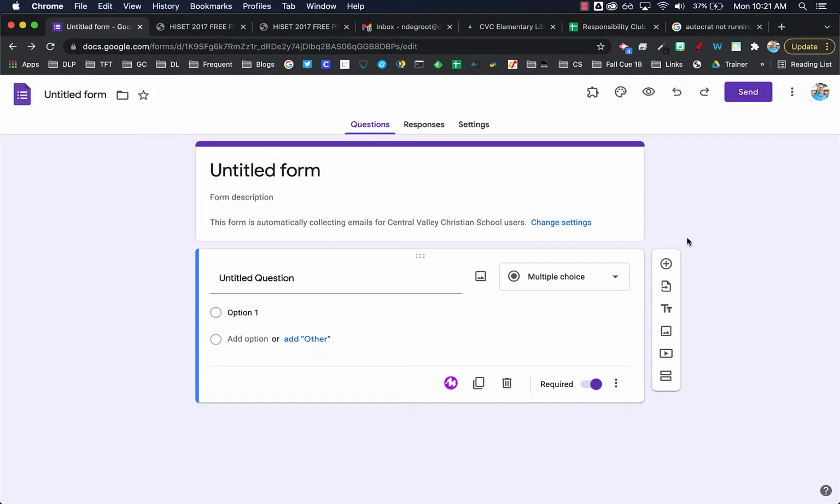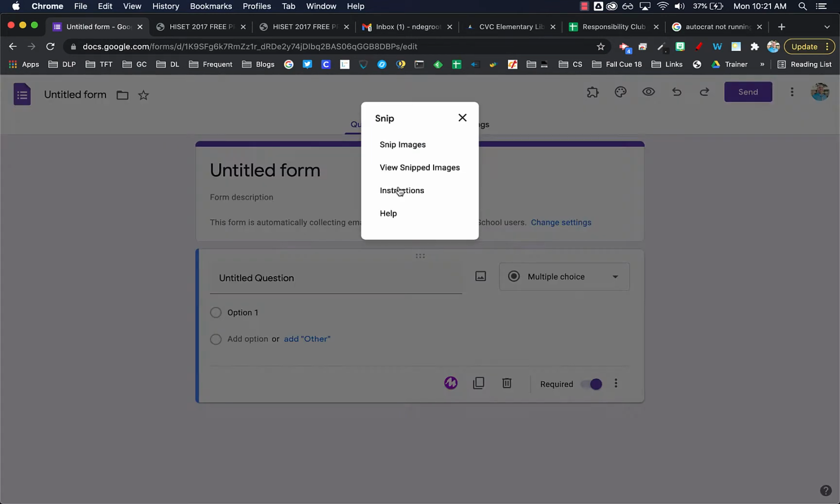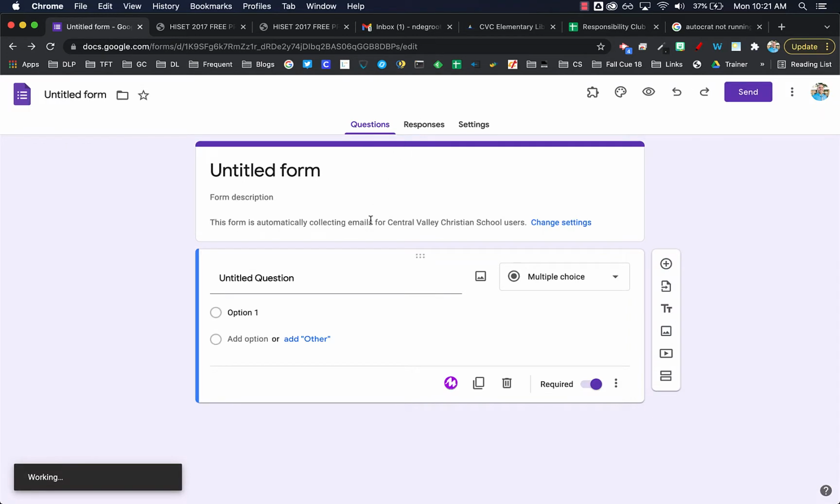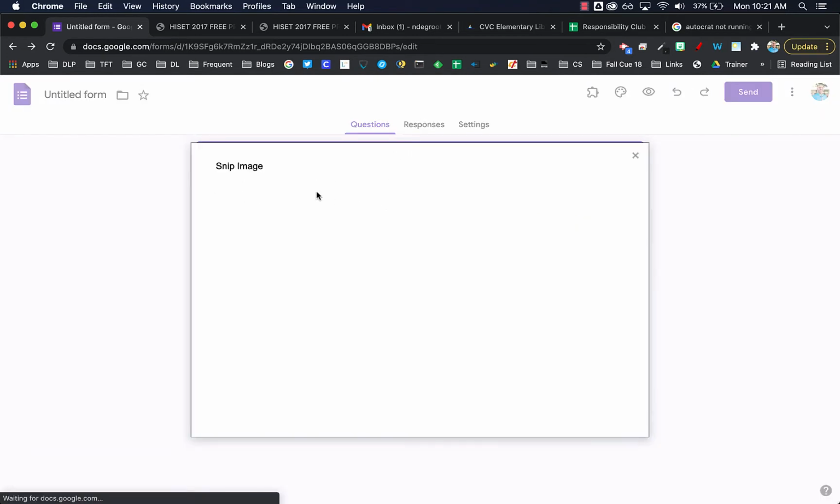One of the difficulties of transferring from a paper form or a paper quiz to a Google form can be adding images. You might be thinking that it might be difficult to add images as answers or as part of the question, but it can actually be quite simple. One way that you could do this is through an add-on called Snip, where you're able to upload an image,